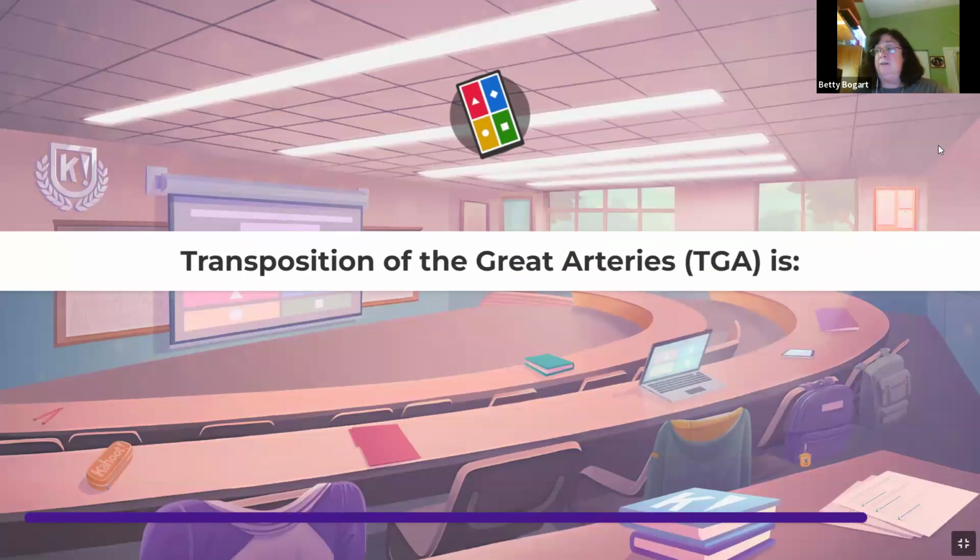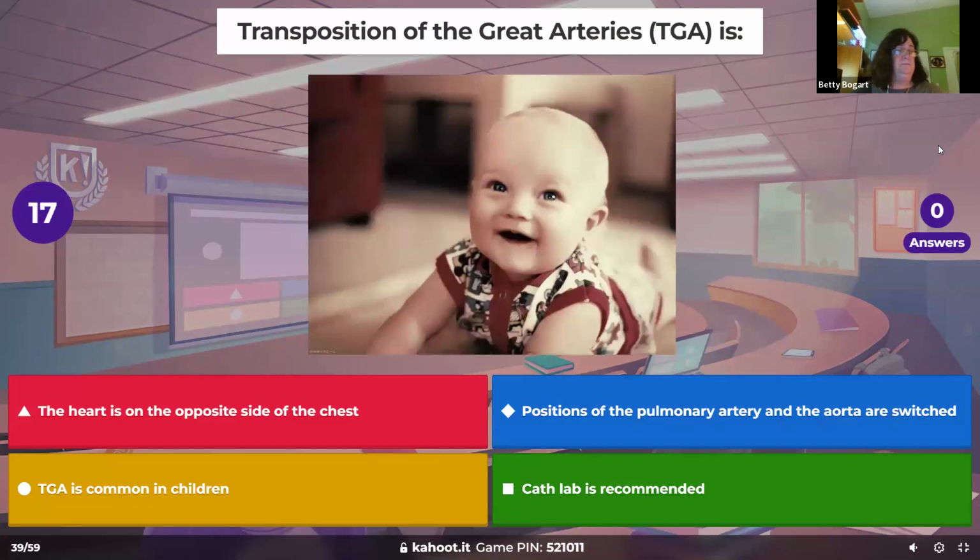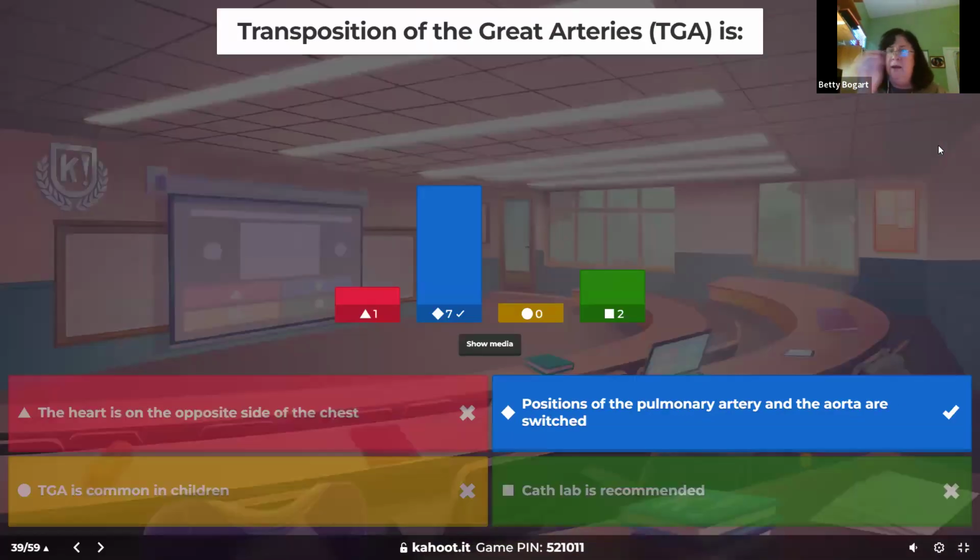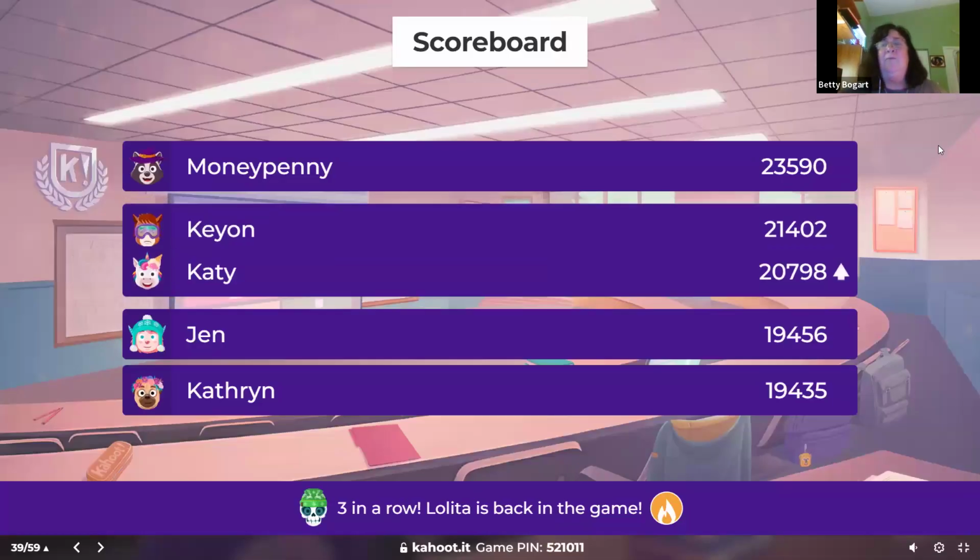Transposition of the great arteries is what? You know, when you have your blood flowing, systemic and pulmonic, and they're not together, what do you need? Well, you're going to need prostaglandins. You probably are going to have that hole made, that patent foramen ovale between the atria, made bigger. We do a little balloon there, and then we do something called a switch. And it switches them, and they take the top and turn it around and put it on. But it is that prostaglandins, which gives them about a week before we have to do it.